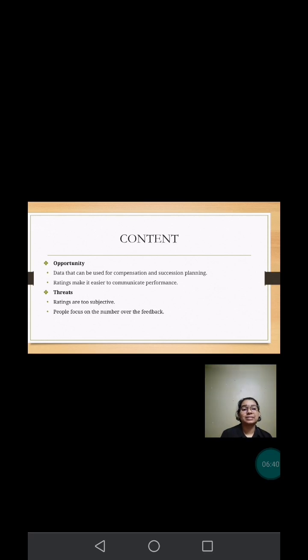of what ratings represent. Second one will be people focus on the number over the feedback. For our panelists at the Great HR Debate, this was the number one issue with ratings. Numbers are so definite and so easy to understand that more long-form feedback explanation about why an employee got the rating gets lost to TLDR model. Okay, and the next would be